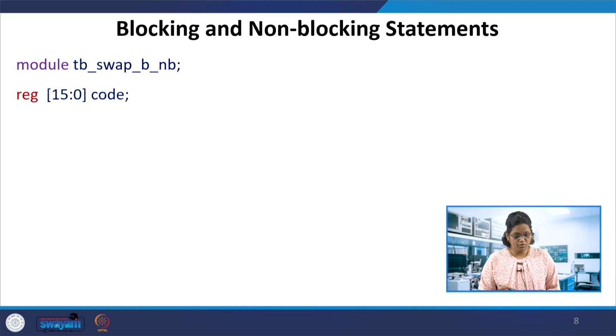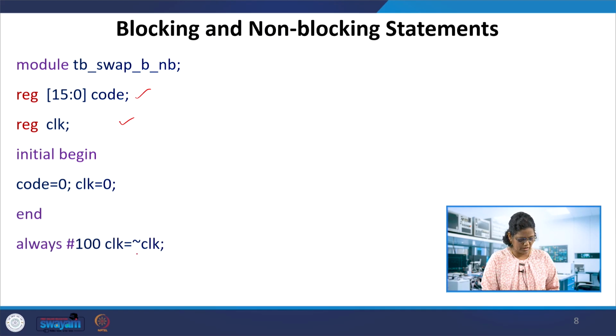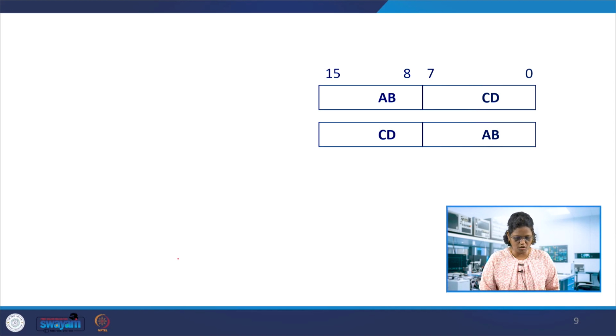So now how do we solve this swapping problem? The code remains the same as the first part, that is the 16-bit register and the clock, because we are using them inside the always block, so we need to declare them here also. Always at the rate clock equal to clock naught.